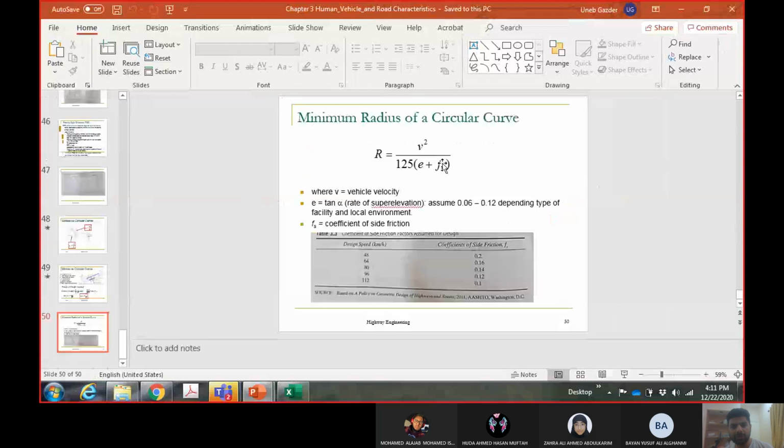Okay, so in the radius equation, you have Fs, and Fs depends upon V, which is not given. In fact, you are trying to find out V. So this is the equation we have. Now let me write down this equation in terms of V, because we are trying to find out V, everything else is given.